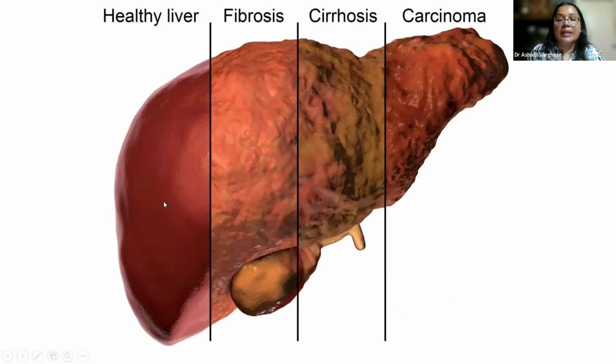These are the stages. This is a healthy liver. This is a fibrous liver. This is a cirrhosed liver. And the last one is the cancerous stage of the liver. You can see that this is a healthy normal one, looks very red and clear. And here you can see that there are white patches, more cirrhosis. It is darker, and eventually the cancer stage.